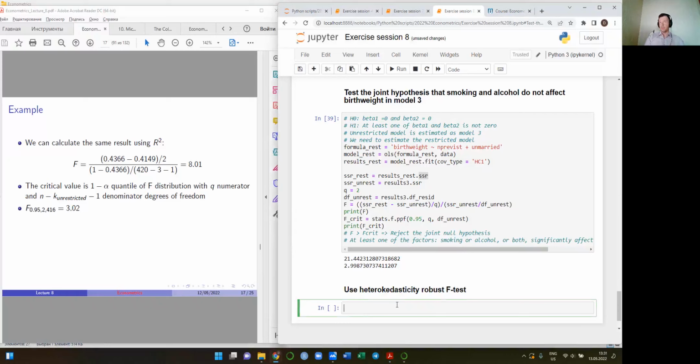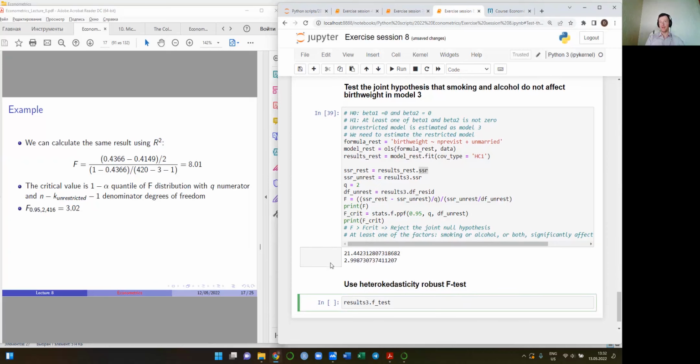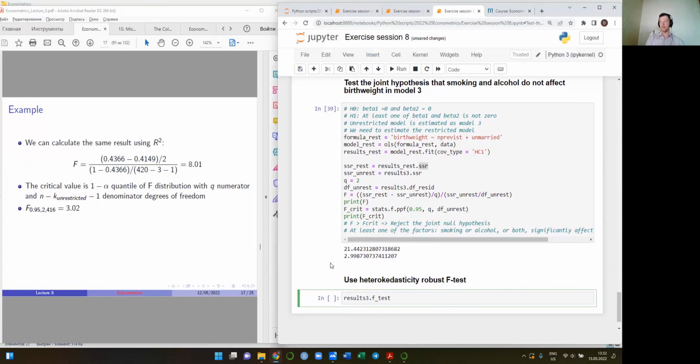So how to deal with this? Let's also call results 3 dot, and we can see that there is a method called F-test, which suggests that probably this F-test might help us somehow. Well, the thing is that we can use this F-test in two different ways. The first way